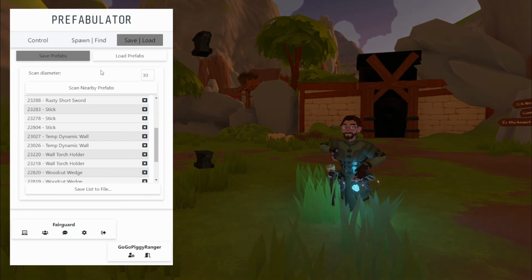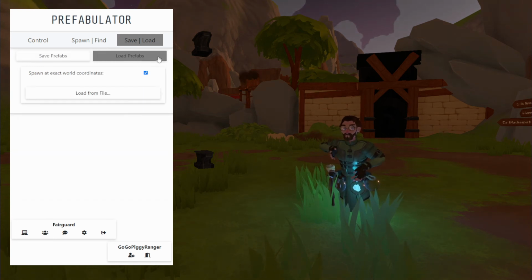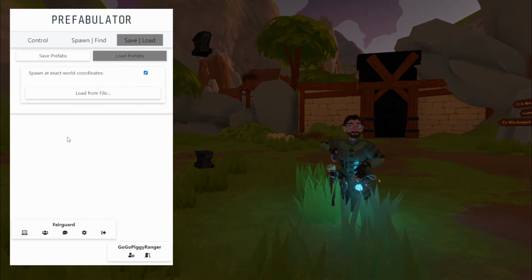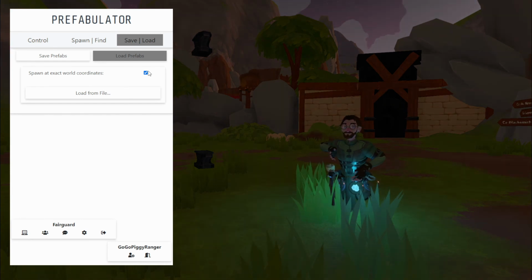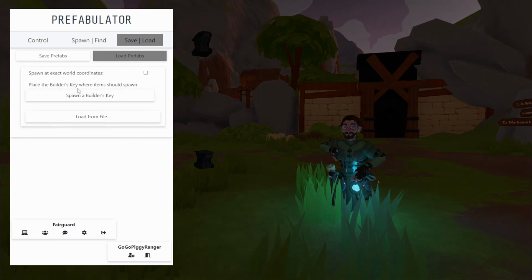So, let's say you have already gotten somebody's prefab and you want to load it in. Well, you just go to load from file, and then it will pop up with your file manager and you can look through and load something in if you would like. You can also deselect spawn at exact world location, and you can